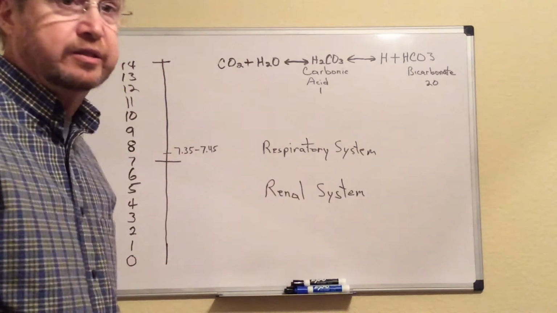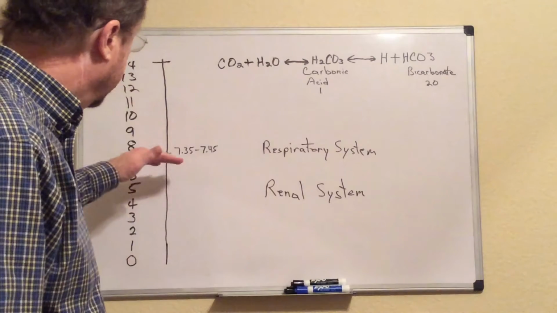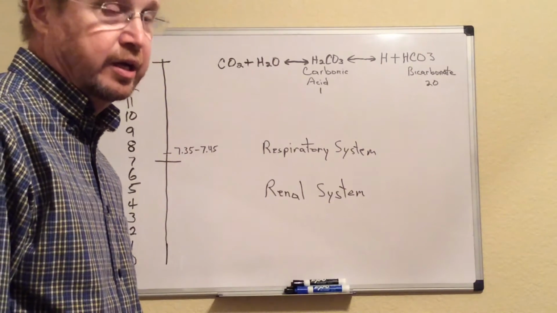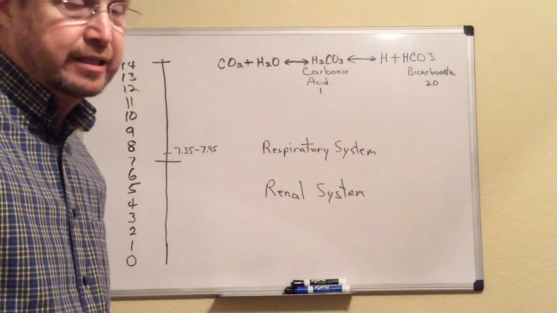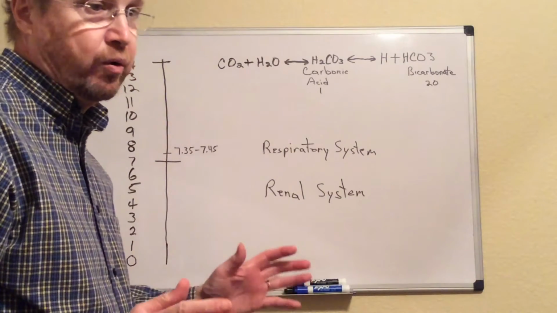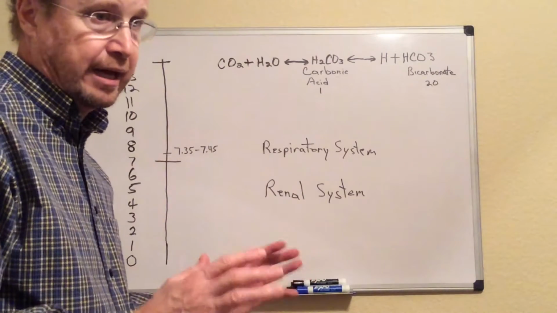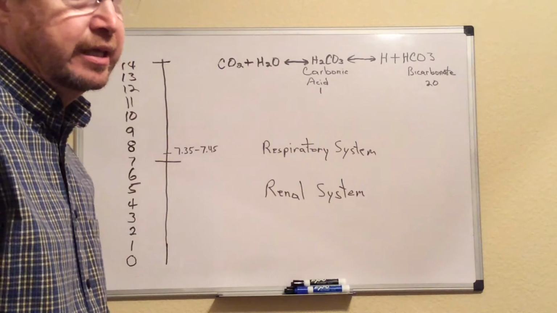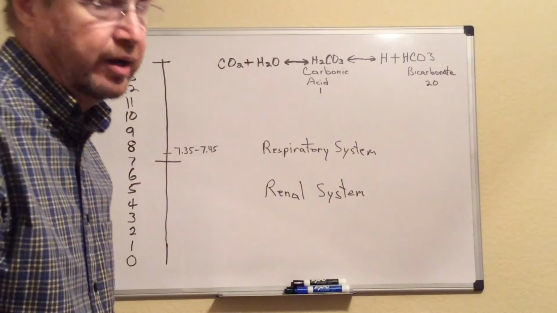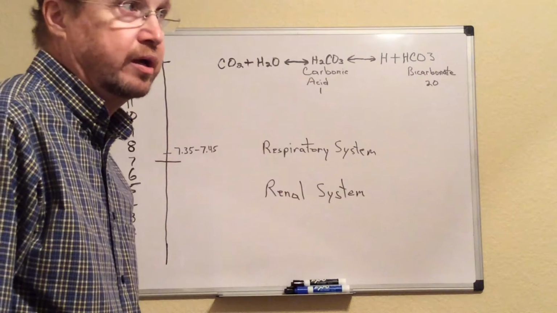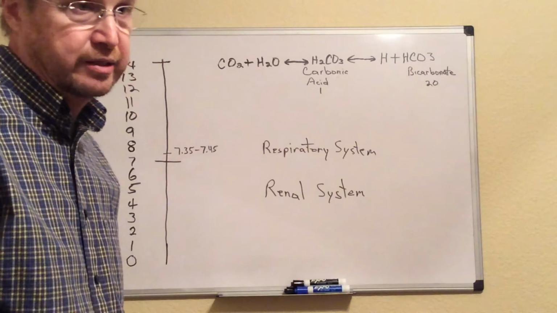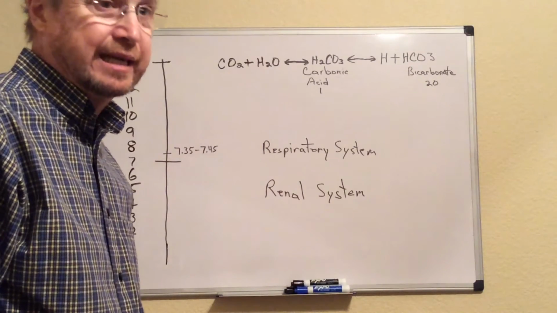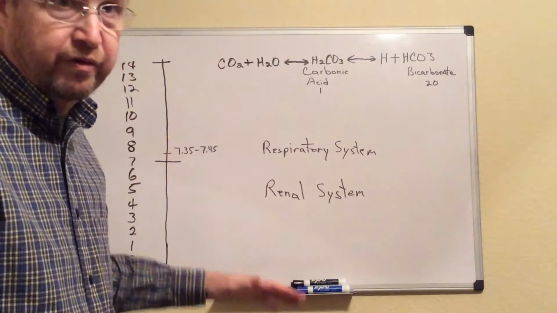Anything below 7 is considered acidic. Anything above 7, from 7 to 14, is considered an alkaline or base substance. Now, base or alkaline substances neutralize acids, and what determines how acidic something is is the percentage or the concentration of hydrogen ions in that substance. The more hydrogen that is in a substance, the more acidic it is, the lower it will fall on the